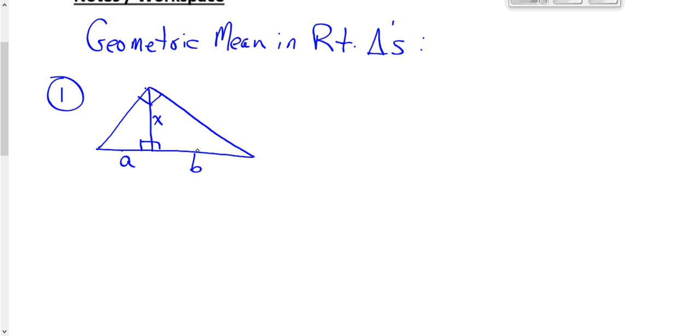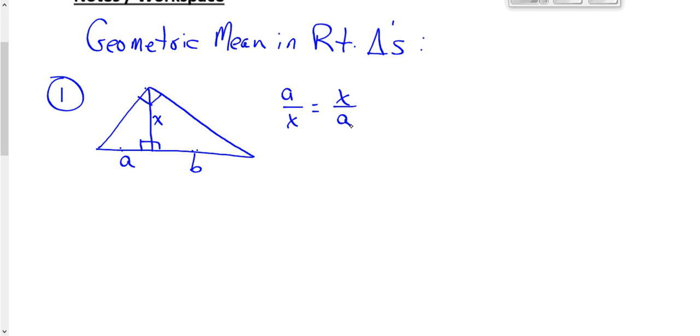That altitude, whatever its length is, that number, is the geometric mean between segment A and segment B in this case. So in other words, in this case,